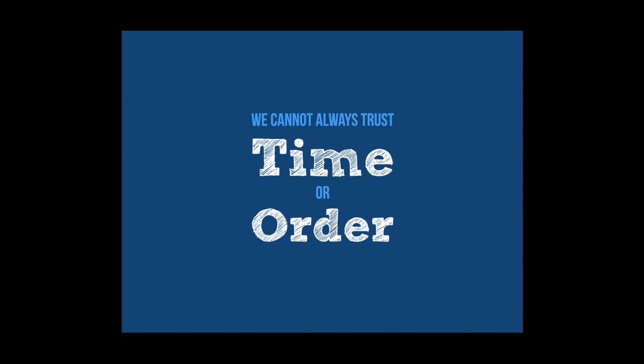That means that we can't always trust time, as measured by wall clock time, and timestamps representing the latest wall clock time that we send around. And we can't always trust order. The causality in the systems might not even exist, because it might be hard to understand causality when you have multiple paths across the system. And accepting this uncertainty is extremely important, and instead having strategies for how to cope with it.